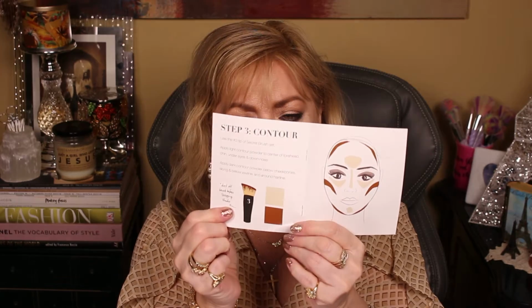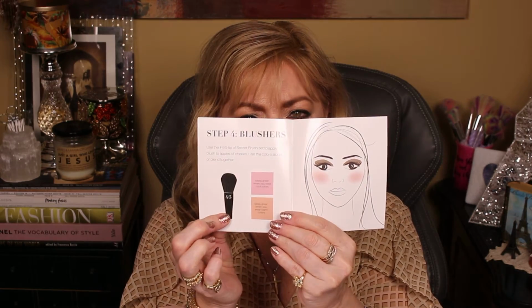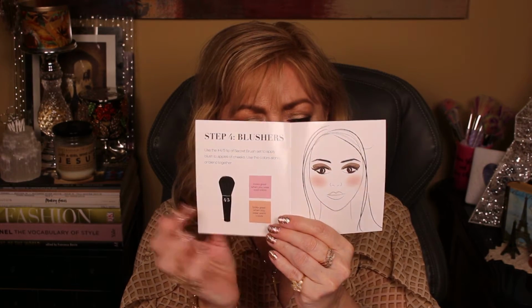apply liberally or cover acne or discoloration. And this is the secret brush set to apply to the perfector creams. One's for dark circles, the other conceals blemishes. And then it shows the contouring brush. It shows you how to do highlighting and contouring. Then it shows you how to put on your blush. Then it shows you how to put on your